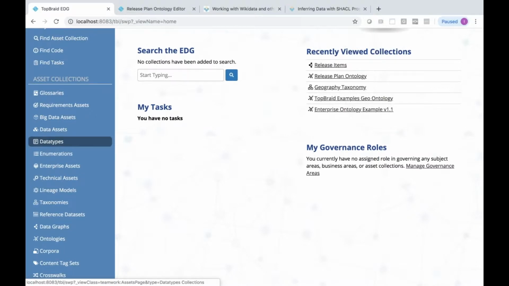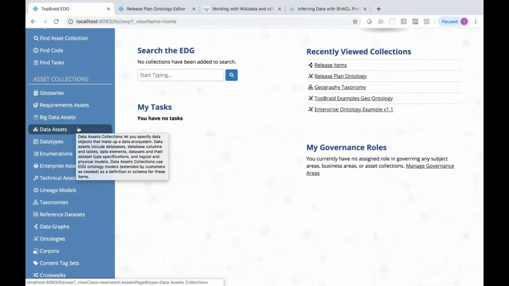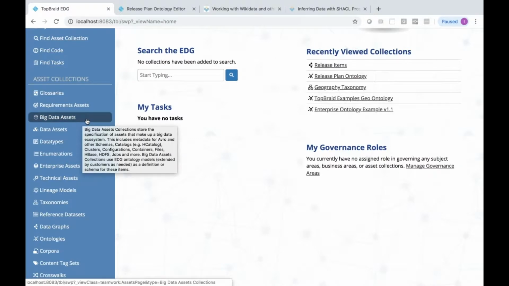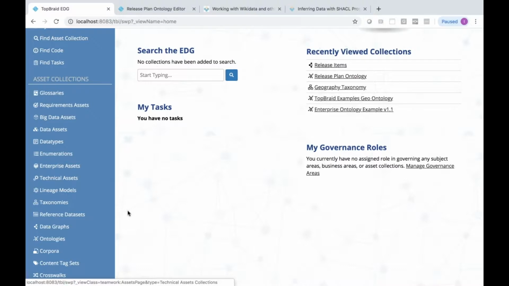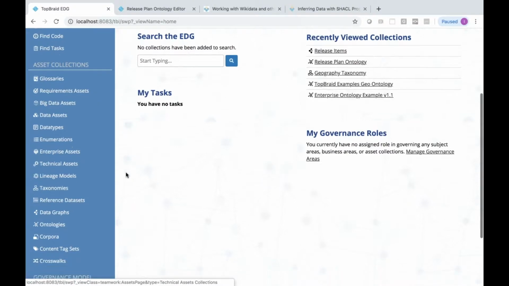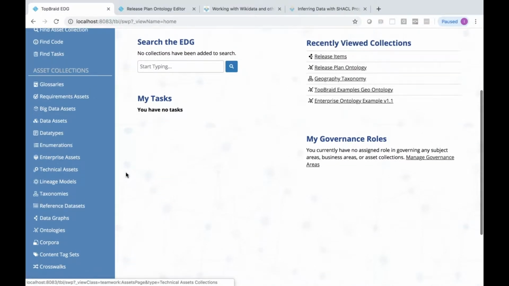Majority of them are based on some already predefined model for glossaries, or predefined model for data assets, etc. But sometimes our customers want to create a completely different new category of things. And that has always been available if you license custom asset collection types. But that requires some setup in TopBraid Composer.